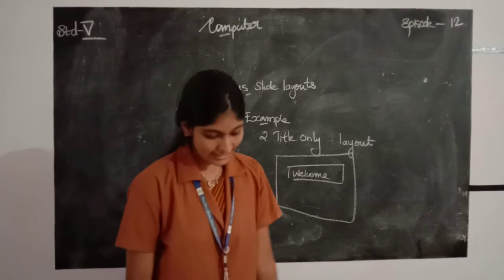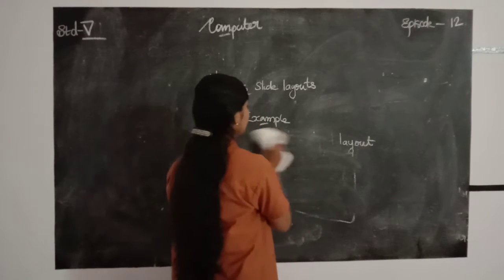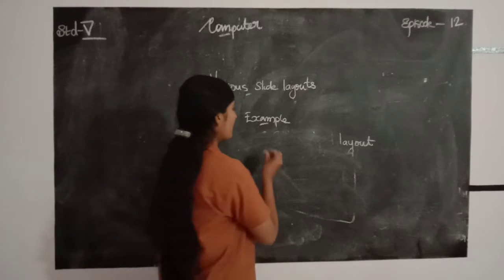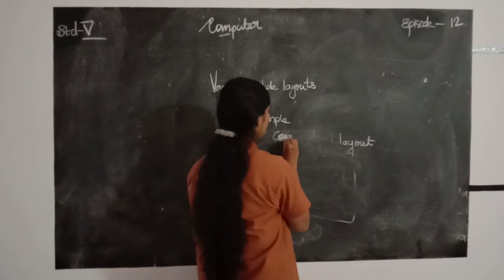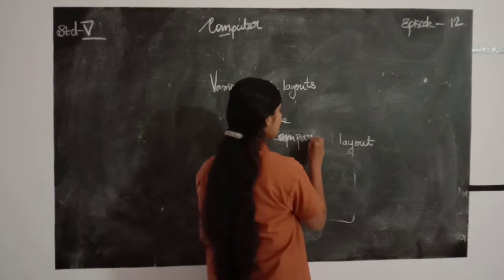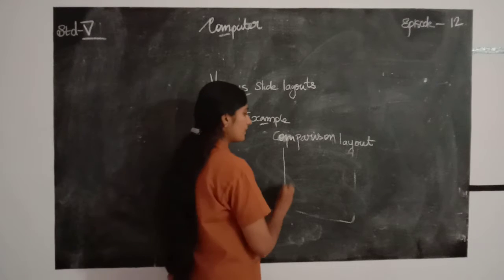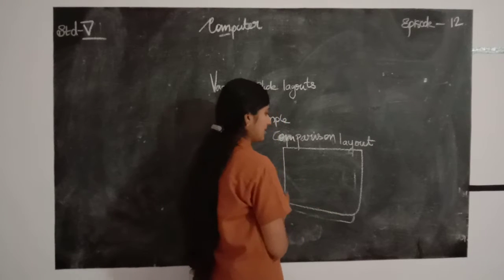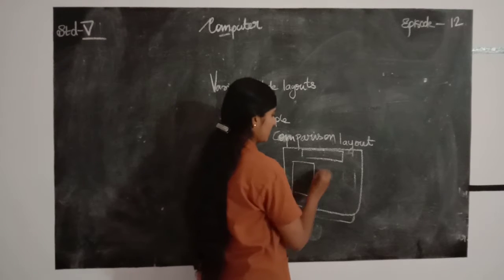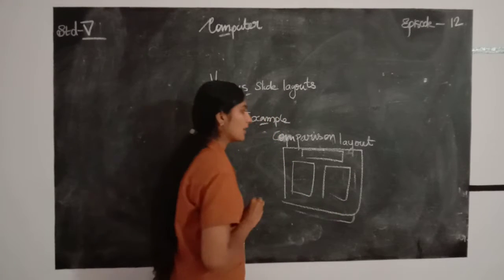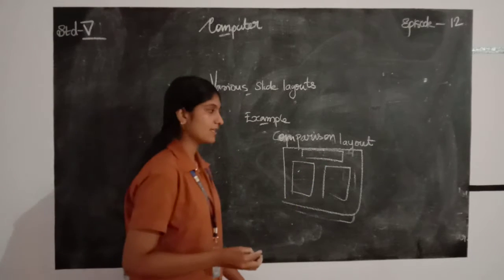Then next is comparison layout. Comparison layout means this type of layout also contains two placeholders and a title. There is a title placeholder and a content placeholder. But the difference between two content and comparison layout is that here we can compare things. For example,